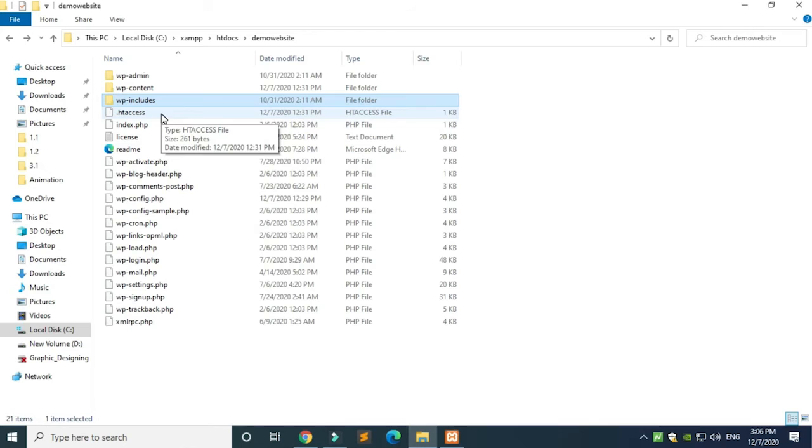The next file we are going to see is index.php. This file basically loads and initializes all your WordPress files when a page is requested by a user. Next is the wp-config file. Here you can see wp-config.php. This file tells